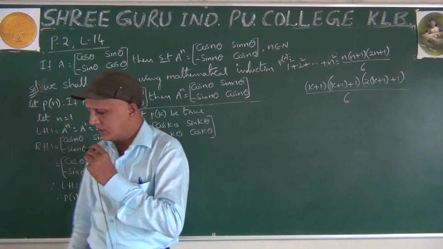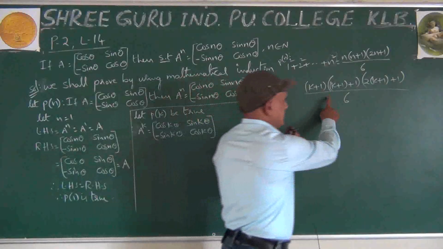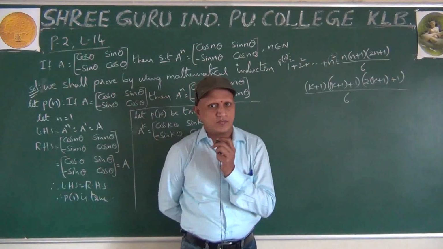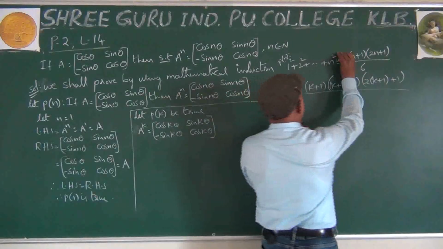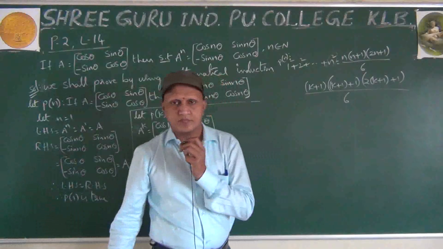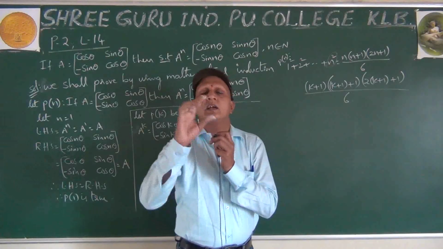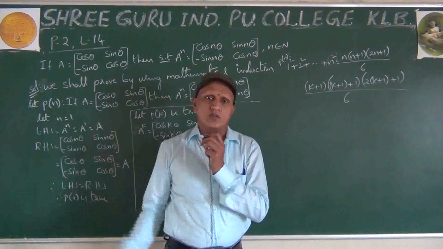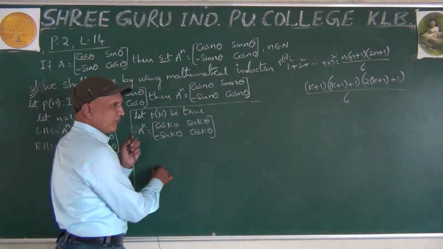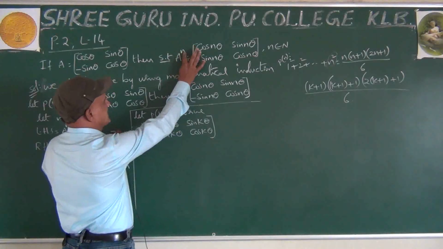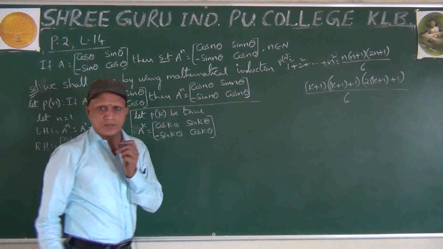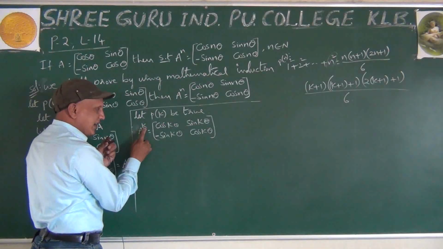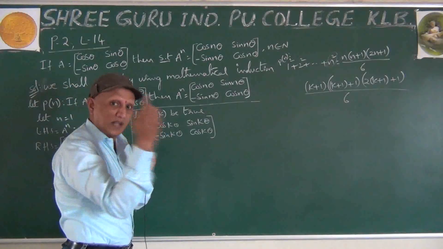While solving the question in first PUC, if we get this answer, we used to stop. Therefore, P of k plus 1 is true. Means in place of n, we need k plus 1. If we get that one, that's enough. Here also same concept. In place of n, we need k plus 1. In place of n, we have k. We need k plus 1.